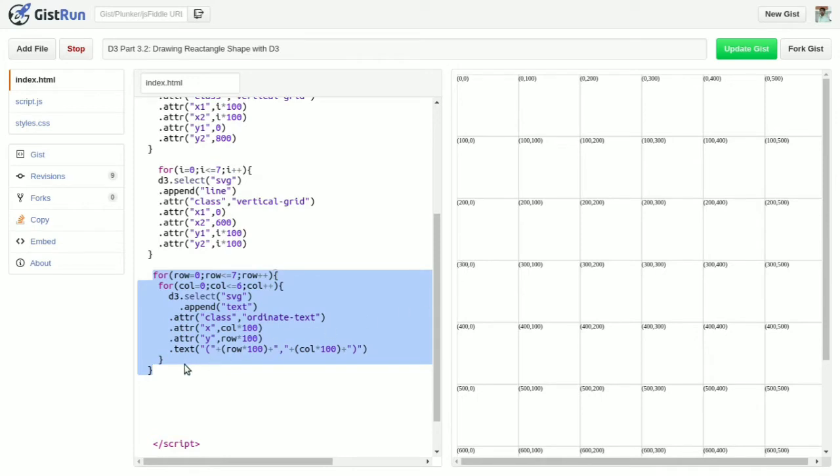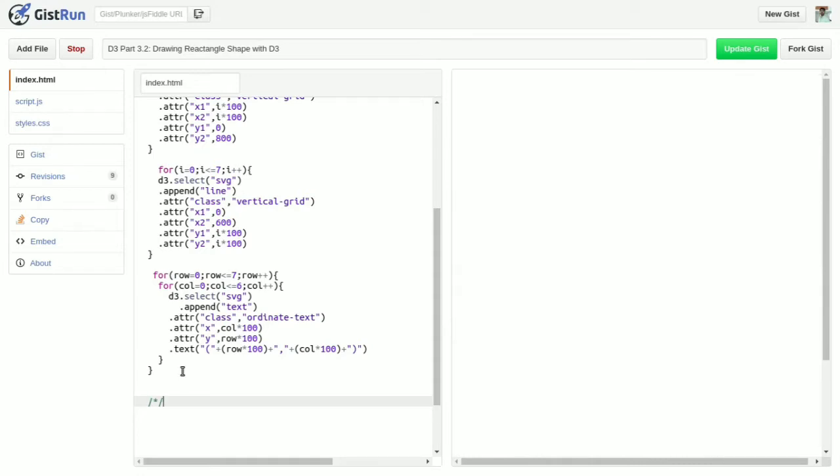Now we come to our topic, that is rectangle. So how can we draw the rectangle? For drawing a rectangle, you first need to know the different attributes of the rectangle. Here I am giving just an overview of how you can draw a rectangle in D3.